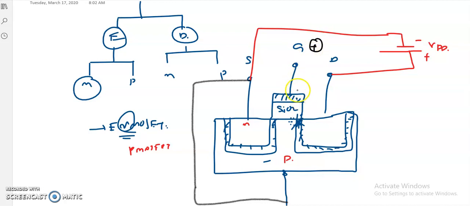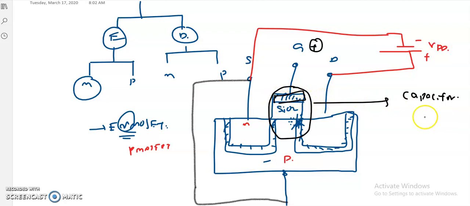then what happens is that whatever part I am showing here just looks like a capacitor. It forms a capacitor, or it makes a capacitor operation. Why? Because this terminal, this polysilicon, acts like plate number 1, and this bulk or substrate acts like plate number 2, and this silicon dioxide acts like a dielectric medium. So now it is a gate and it is a bulk, right? So now here a capacitance is formed.